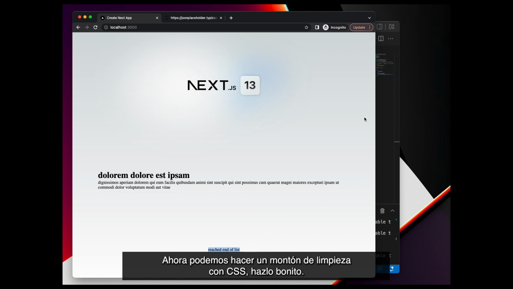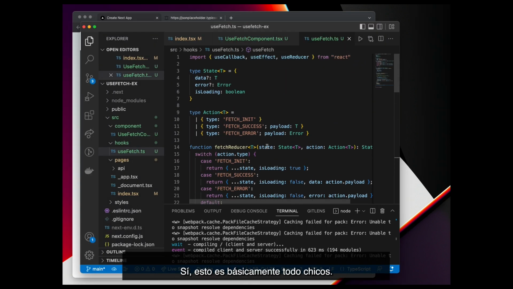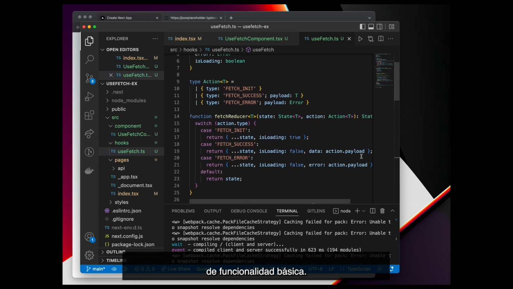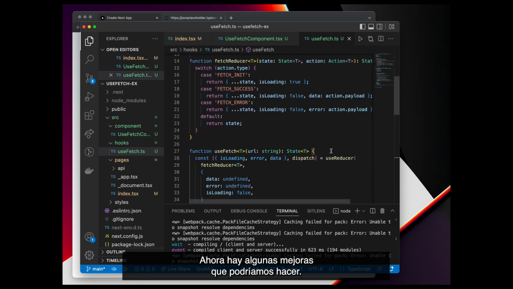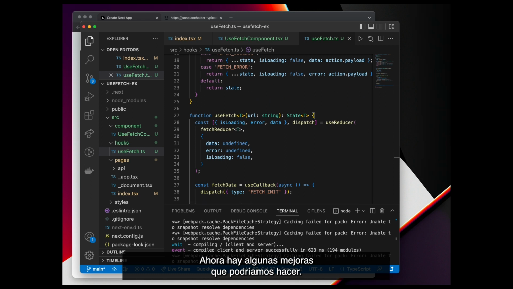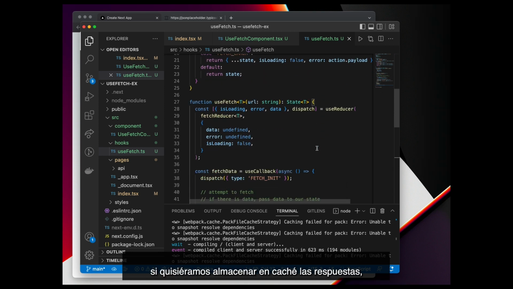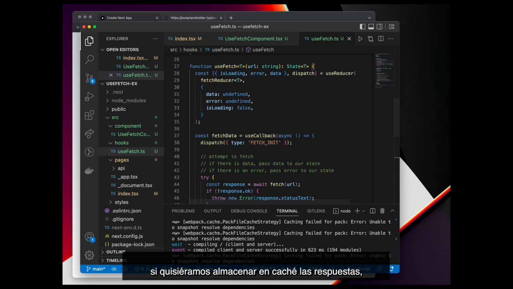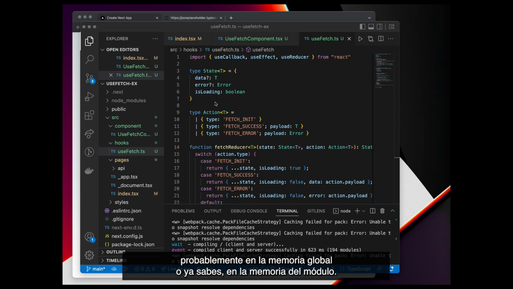Now we could do a whole lot of cleanup with CSS, make this pretty. I'm not really going to worry about that in this tutorial. Yeah, this is basically it, guys, for the kind of basic functionality. Now, there are some improvements we could do. We could add caching. If we wanted to cache the responses, we could do something like probably in global memory